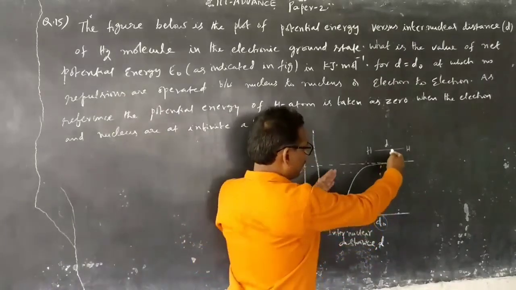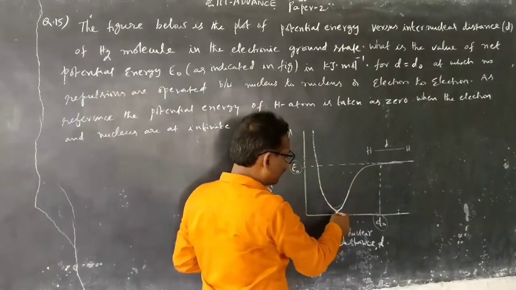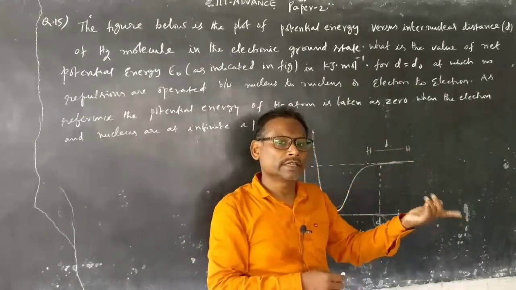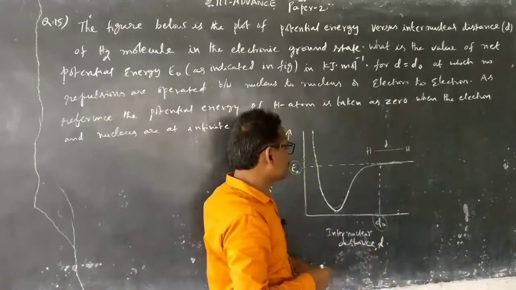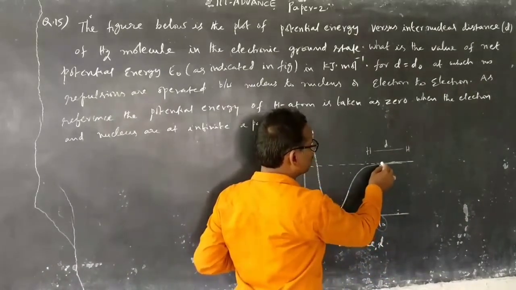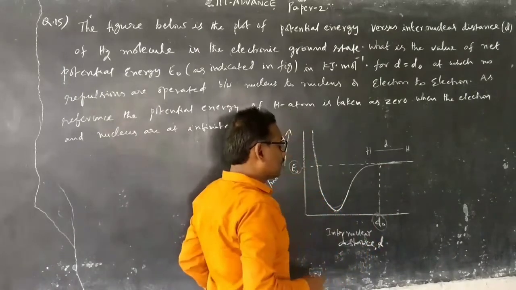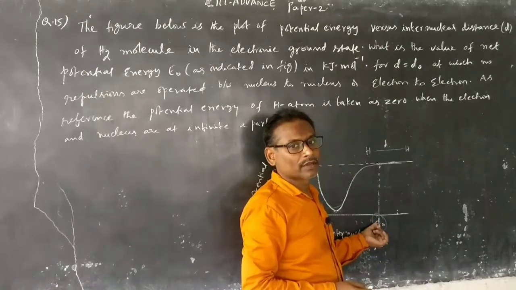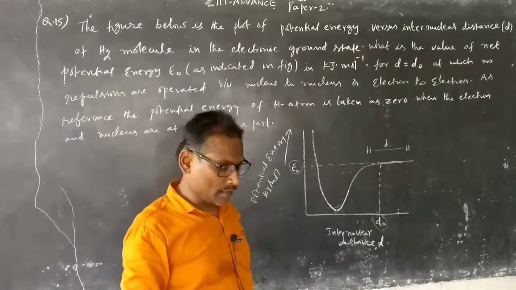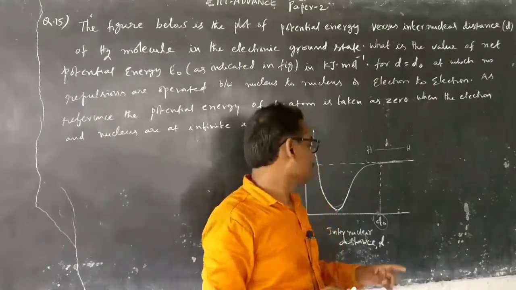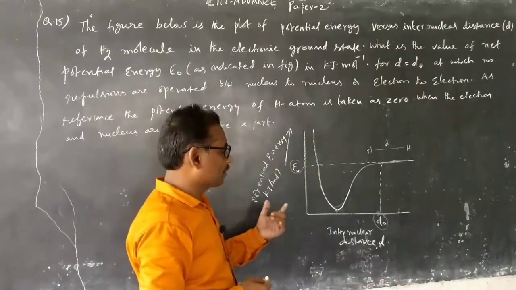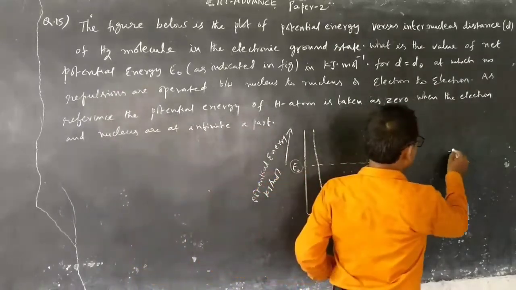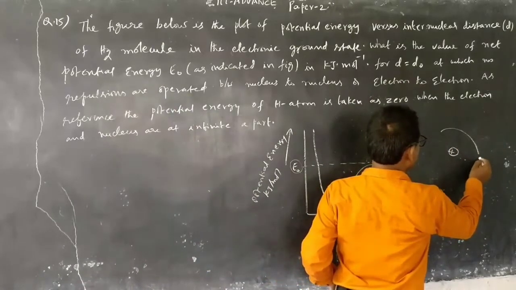But when you bring them closer, then the attractions operate. Then what happens? The nucleus of one atom attracts the electron cloud of another atom. That is going to happen. So the question is to report what the potential energy is at this distance. Normally, we are able to find the potential energy of a hydrogen atom. In the case of a hydrogen atom, we say that the electron is in the ground level, that is, the nucleus attracts the electron. The hydrogen atom, when the electron is in the ground level, that is orbit number 1.